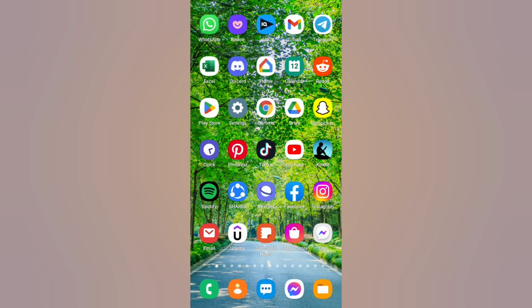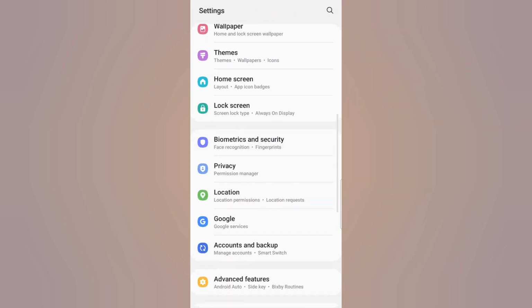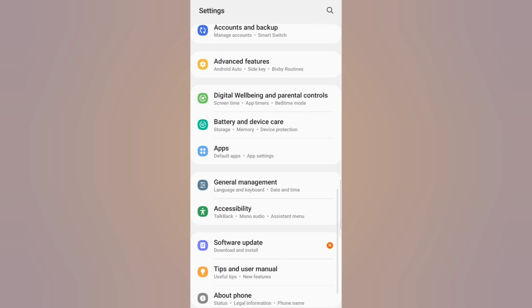However, I don't really prefer this one right here as it doesn't have as much detail. I prefer the previous page, and now I will show you how you can access it on any phone you have. So all you need to do is open up your settings and then go to apps,